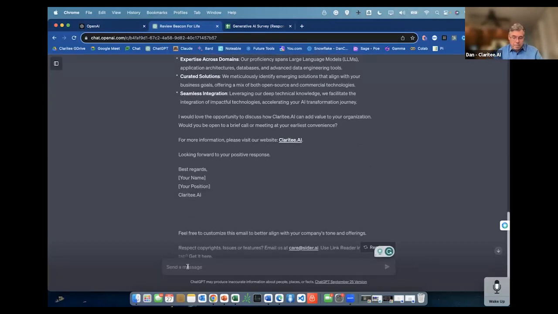I could say, make the email more personal and mention our meeting at a conference in Orlando where we discussed AI and manufacturing, we'll say. And also discussed Mitch's hobbies